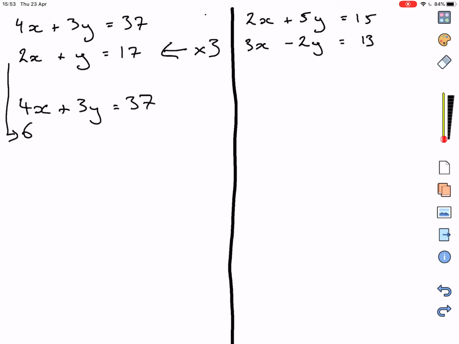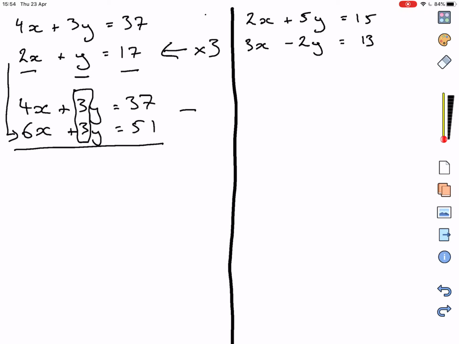So that would give me 6x plus 3y equals 3 17s are 51. Notice that I've multiplied the 2x, the y and the 17 by 3. I must multiply everything by 3. Now I've got my matching coefficients of y, so I can just subtract those equations and I'll eliminate the letter